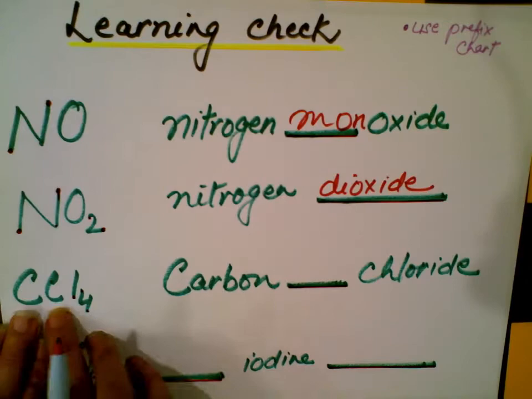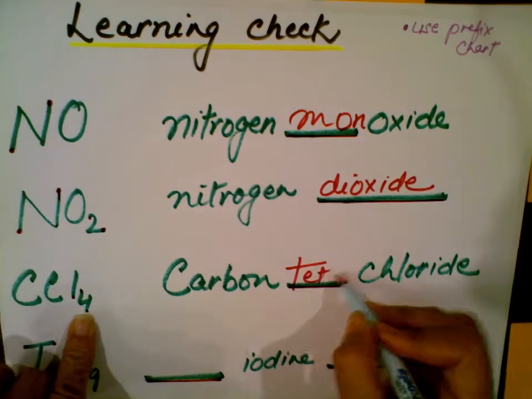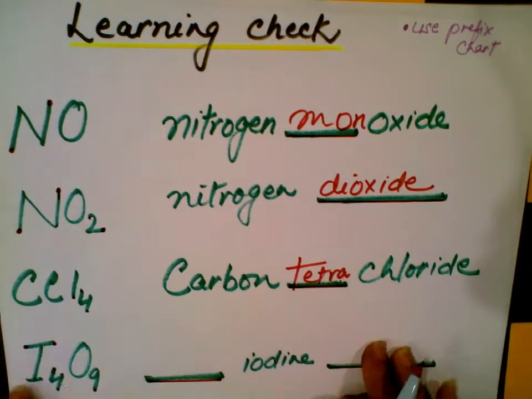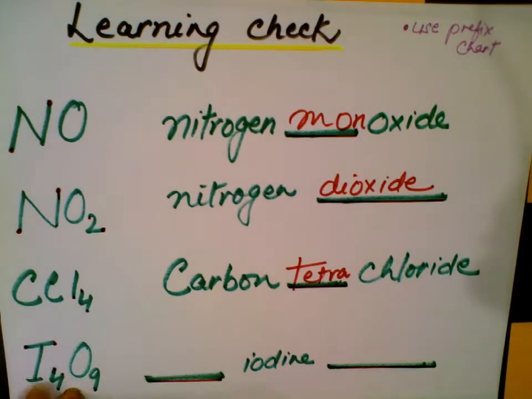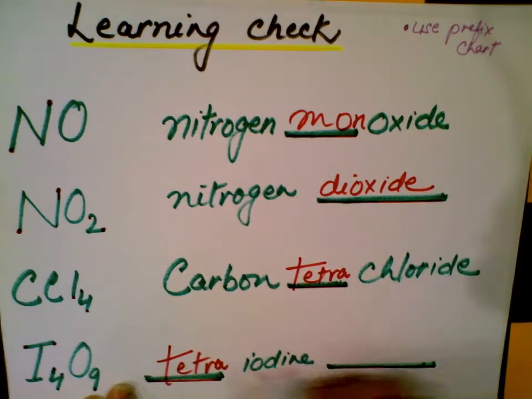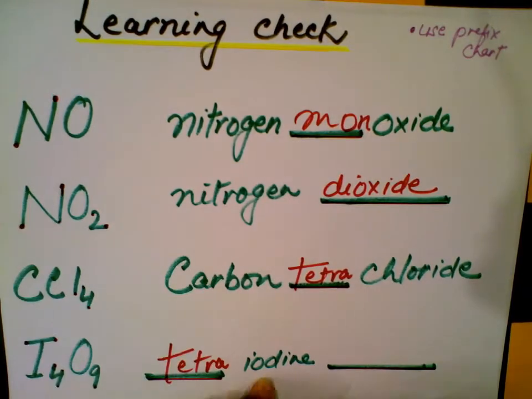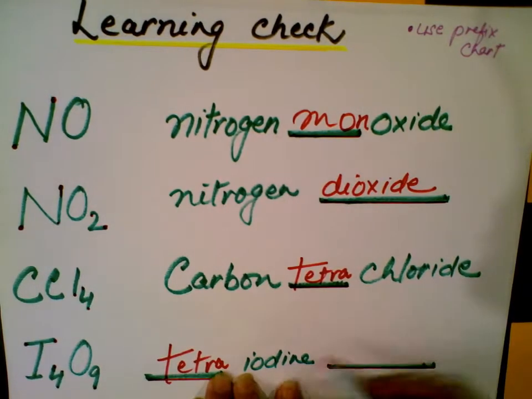This is carbon, and then you have 4 chlorine, so tetrachloride. This one is 4 iodine, so 4 again is tetra. Remember, just remember the name of the first element remains same, and the second one ends in IDE, and you're using prefixes. So tetra iodine, but this is 9 oxygen, so